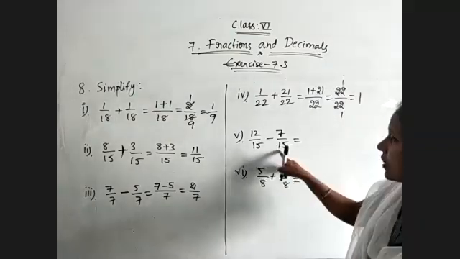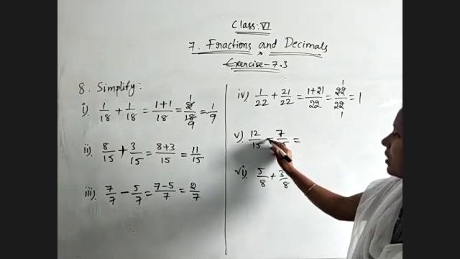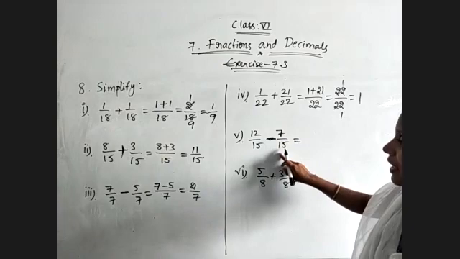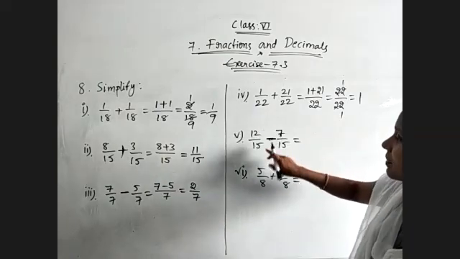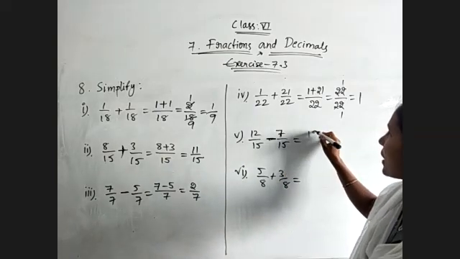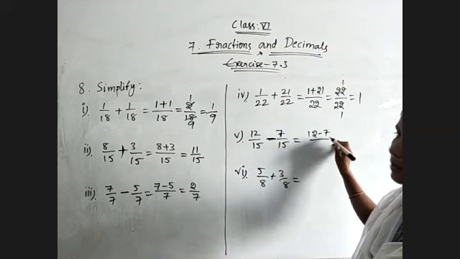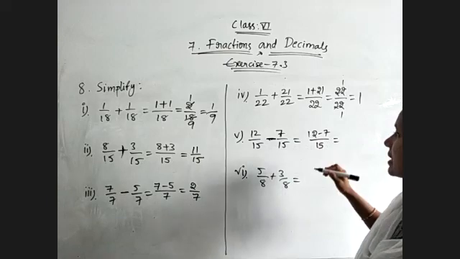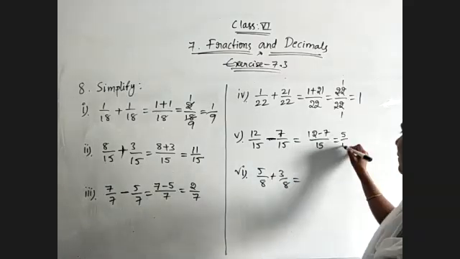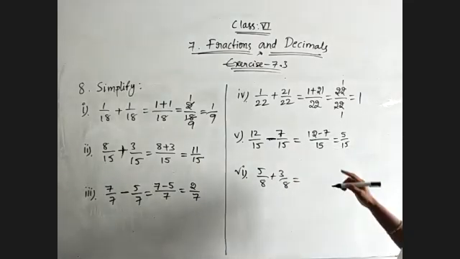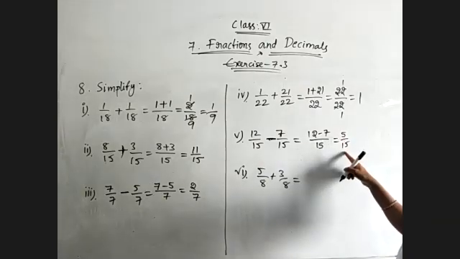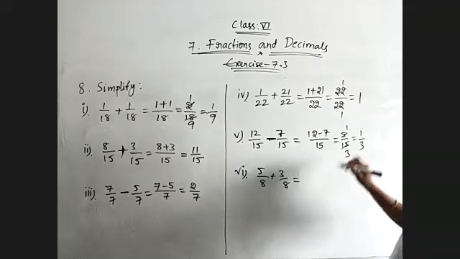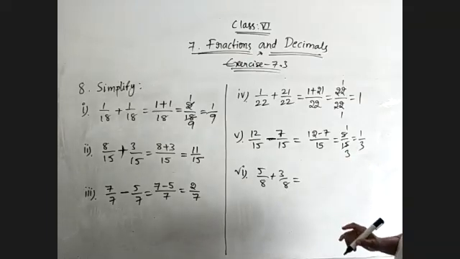And then here, both are like fractions. Between them, we have subtraction. So the difference of like fractions is equal to the difference of numerators by the common denominator, that is 12 minus 7. The common denominator is 15. So 12 minus 7 is 5 by 15. Okay. Now the 5 table will get 15. So 5 ones are 5, 5 threes are 15. 1 by 3 is the lowest form of 5 by 15.